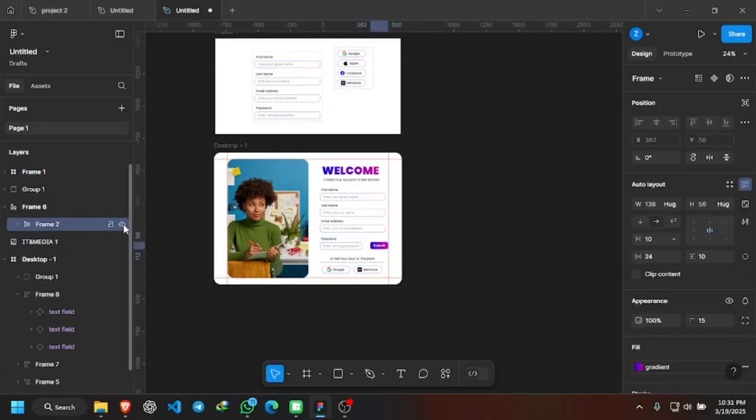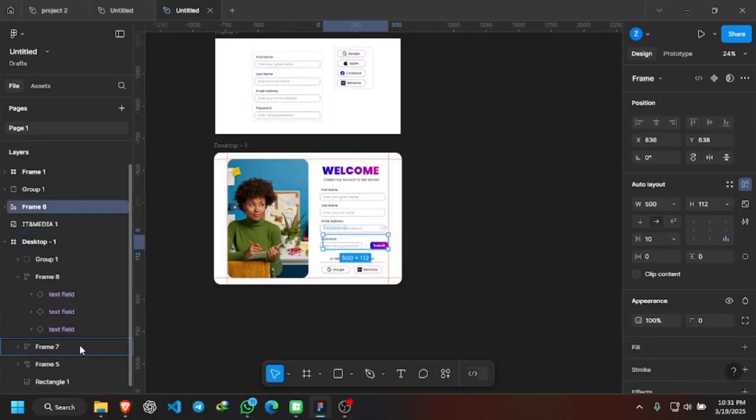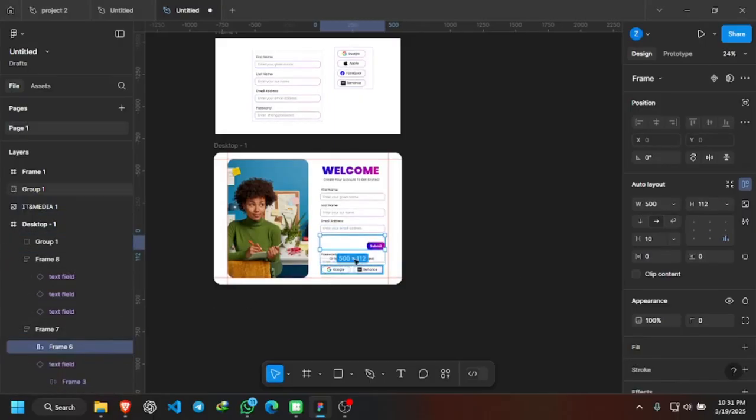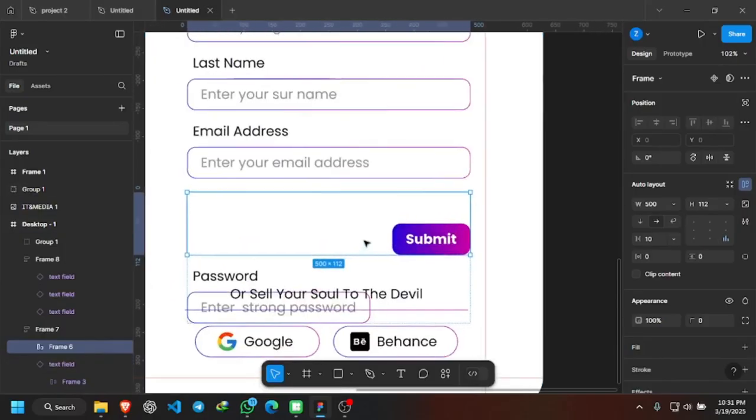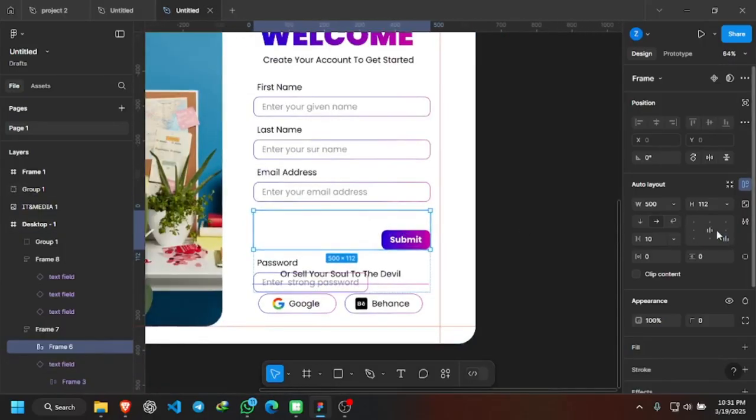The submit button is here outside the frame. That's not what we want. Also, we have our frame 8 here. That's still the same button frame. So what we need to do is, this is the password frame, so we have to put this button inside that frame 7. Yeah, something like this, and the alignment should be,